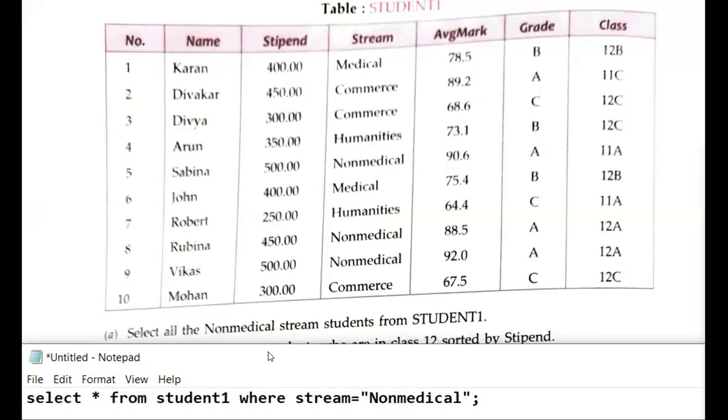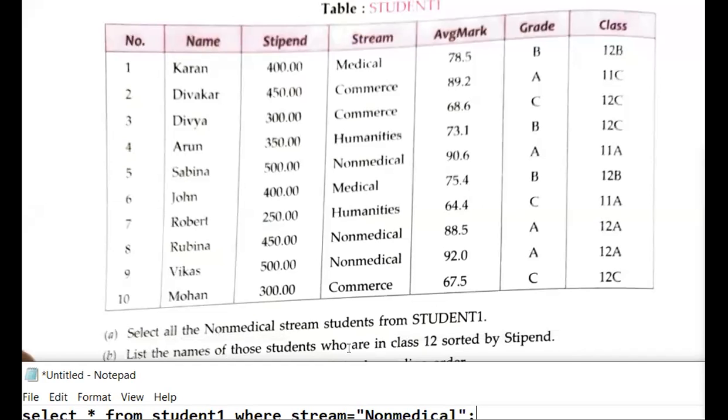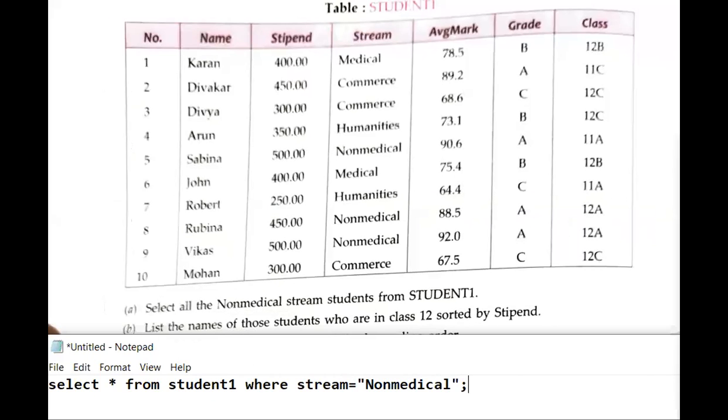Then your second question. List the name of those students who are in class second sorted by stipend. Yes, Naman, correct.